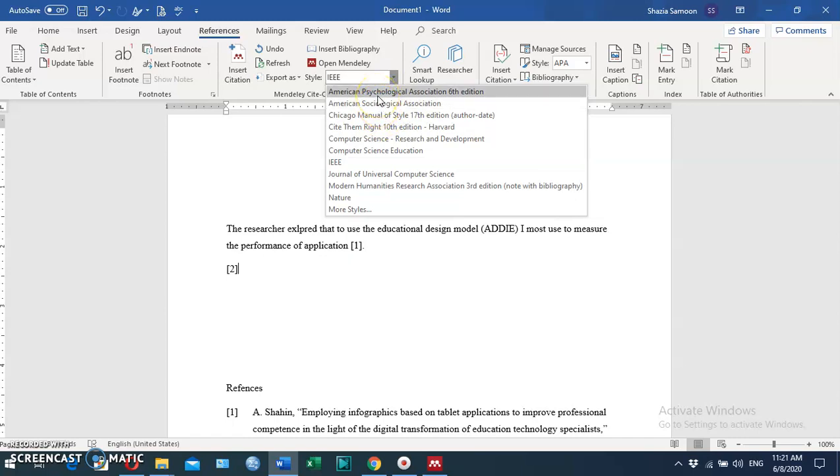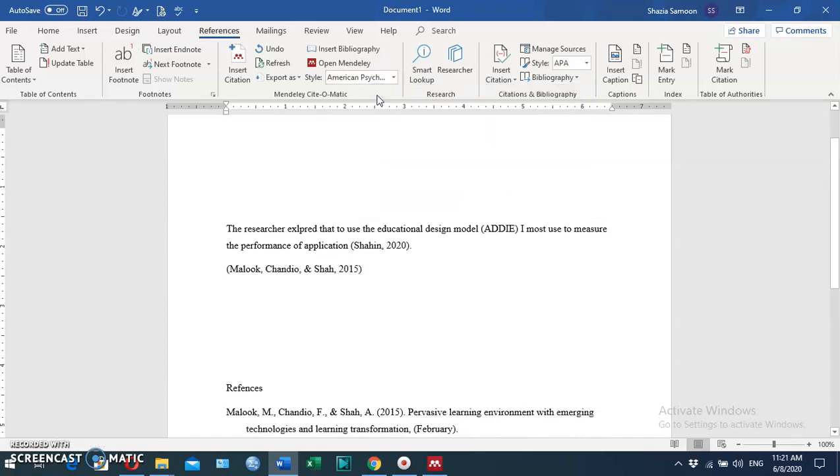These are styles of adding the reference. You can change them as you want. This is how simply to add references or citations into a Word document using Mendeley software.